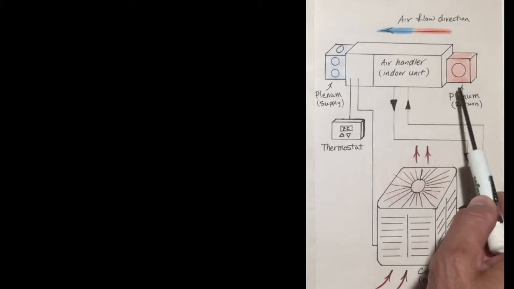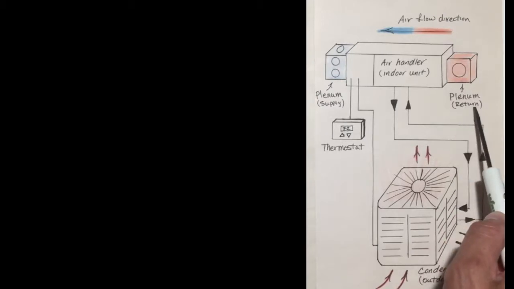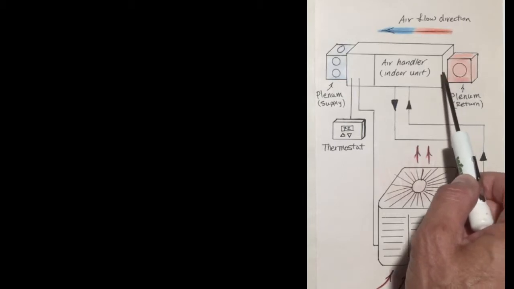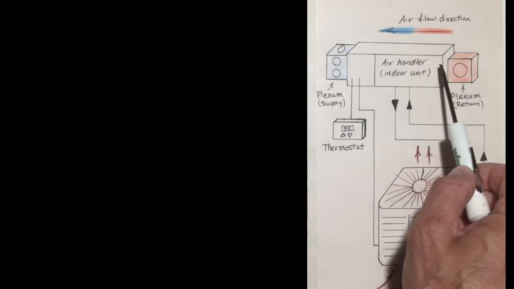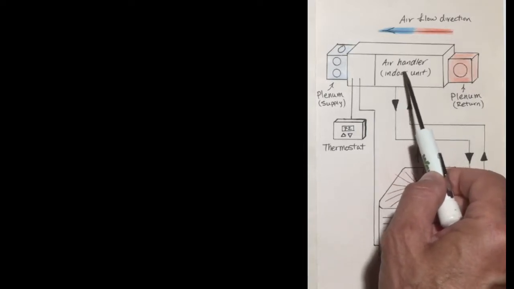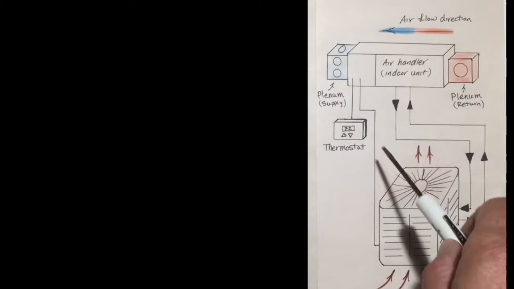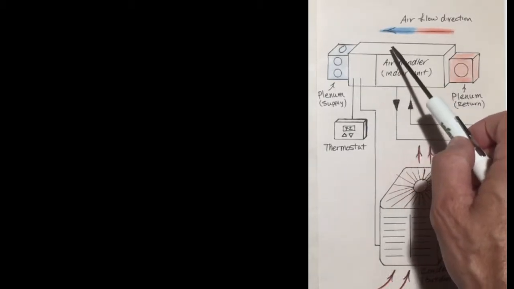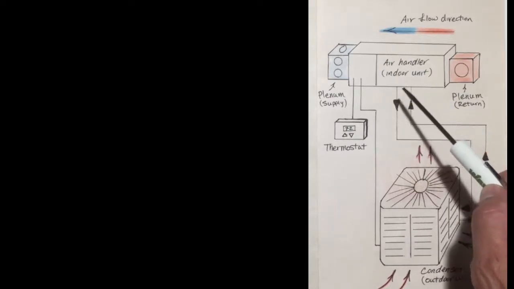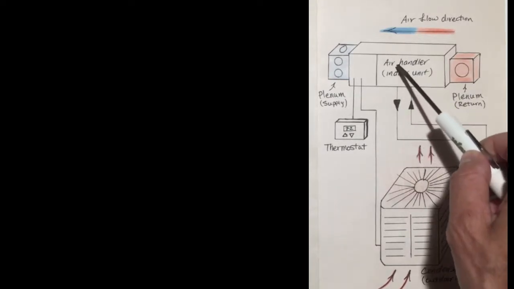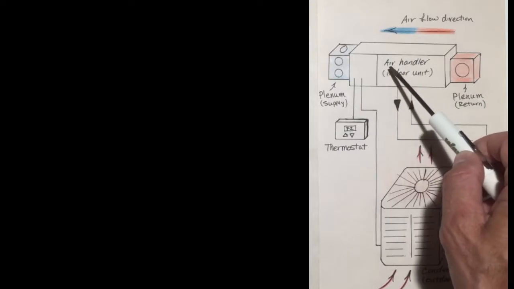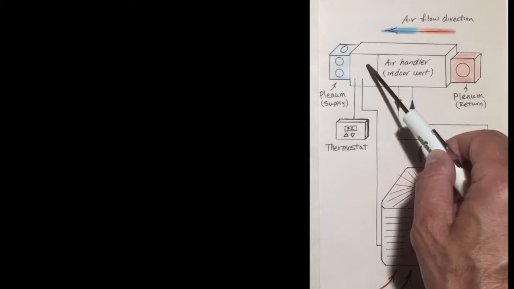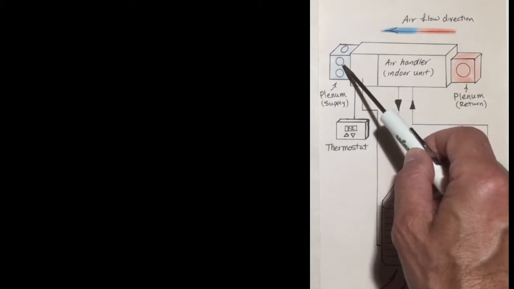So in this side, again, it's our plenum for the return side. This side brings in the warm air from the house. Then we'll take a look at the inside of the air handler in a few seconds here. Then it carries that air, and inside the air handler, with the use of refrigerant, we cool that air. Basically, we take the heat out of that air, make that air feel cooler, then we release it back into